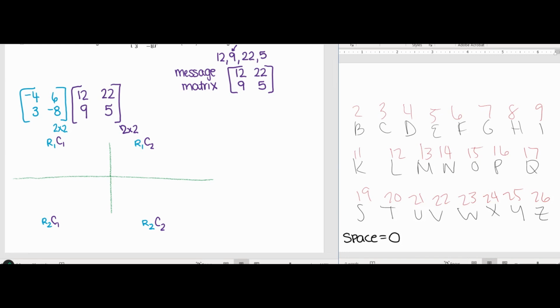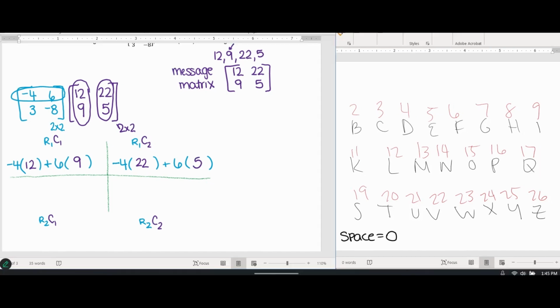So we're going to take row 1 times column 1. We have negative 4 times 12 plus 6 times 9. Next, we need to take row 1, which is our negative 4 and our 6, and we're going to multiply that by column 2,